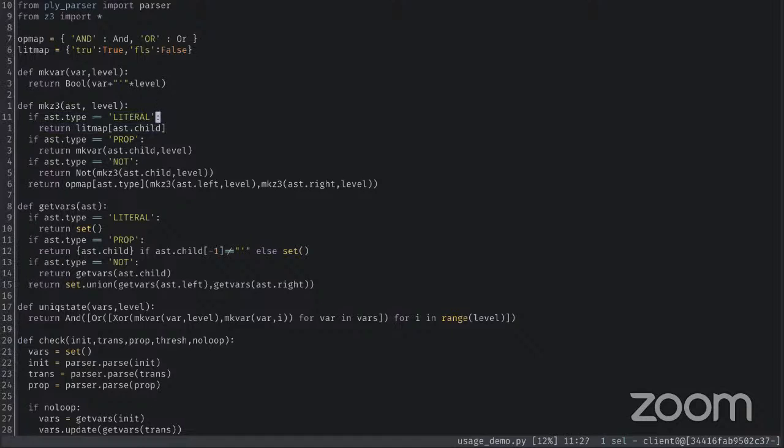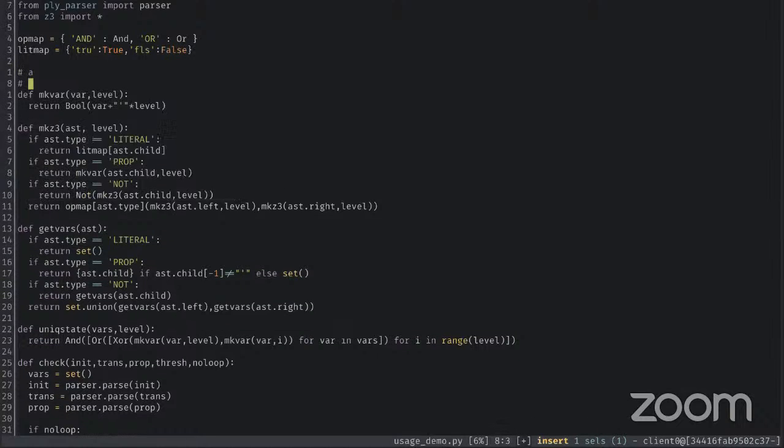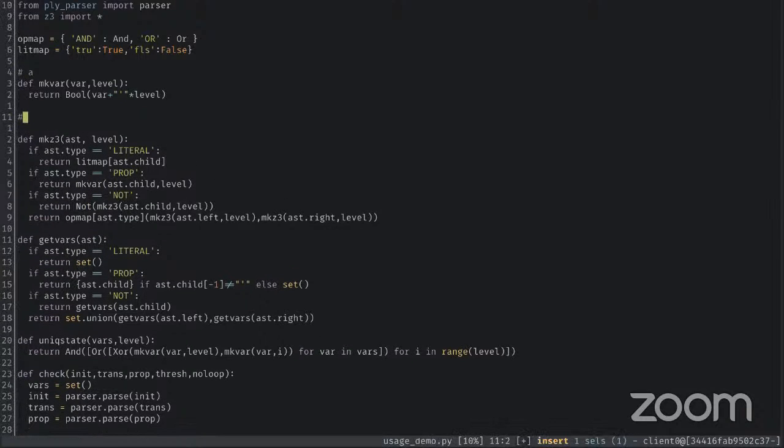If it's a literal, then you would map true to the Python value true, false to the Python value false. Otherwise, if it's a proposition, you can make a variable for the formula. If your proposition is something like A, then the variable will output the Z3 literal A with some number of primes denoting the level. The level is not important here, but